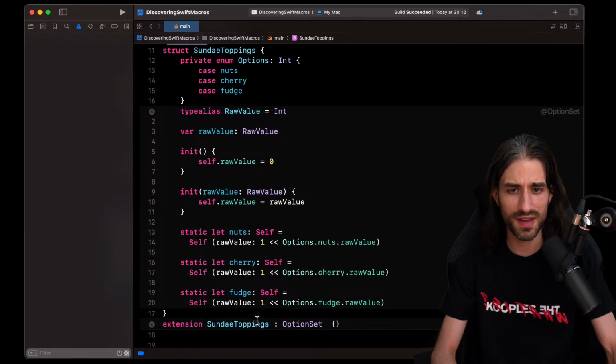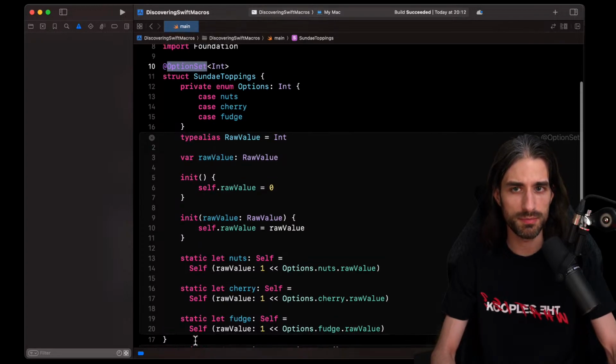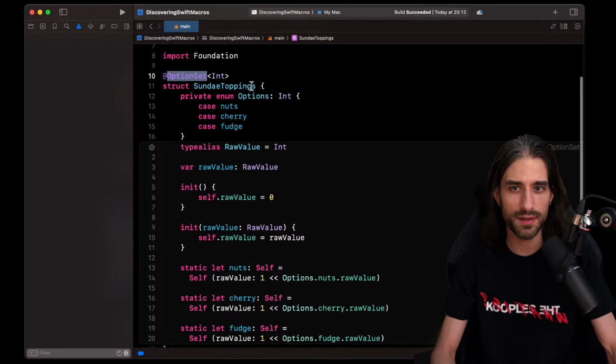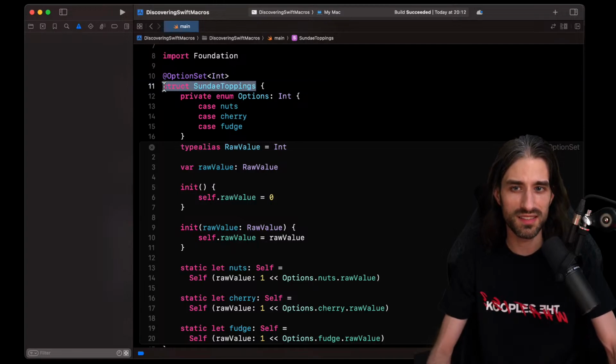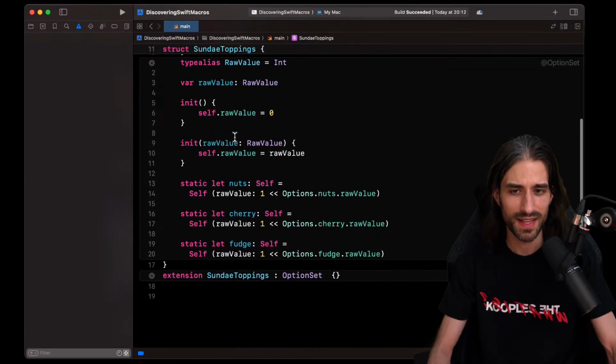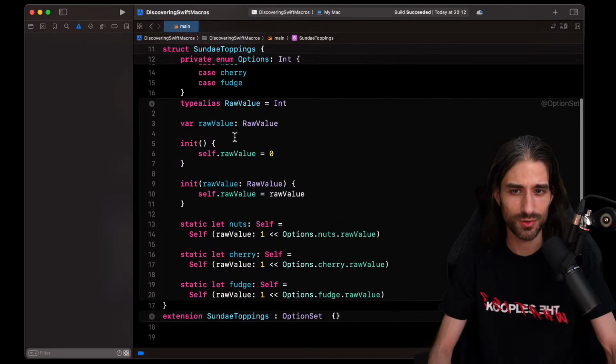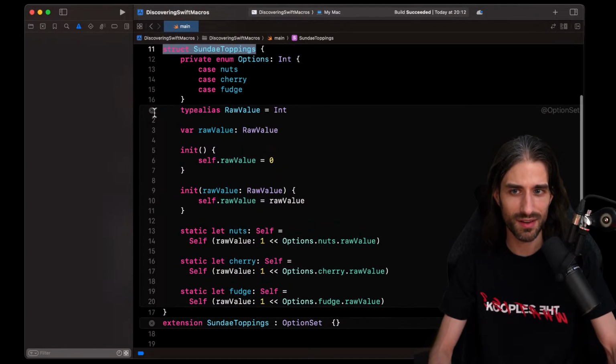I'm wondering if the fact that the conformance happens in an extension is more of a coding style choice, or if it's because you cannot add a conformance to an existing type. Because remember, it said that modification can only be additive, and I guess I'm wondering whether adding a conformance here would be considered an addition or a mutation of the existing struct declaration. Maybe we'll get to understand this a little bit later.